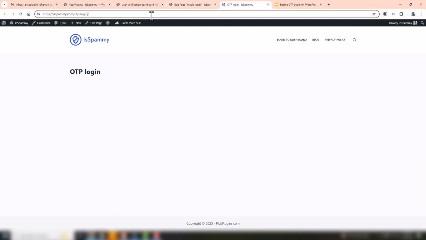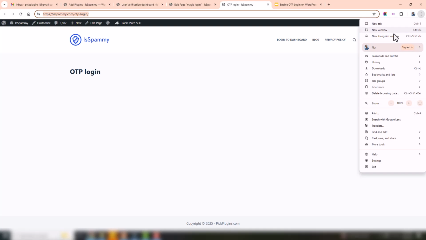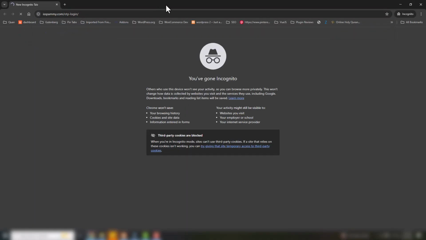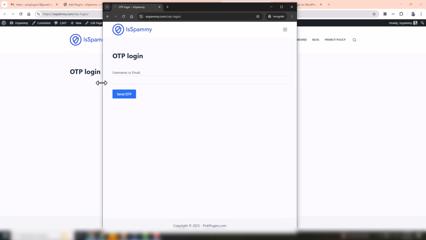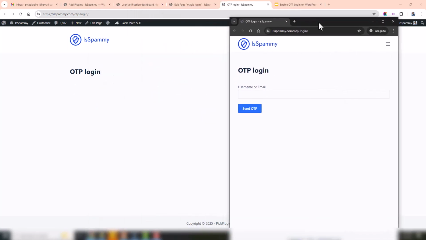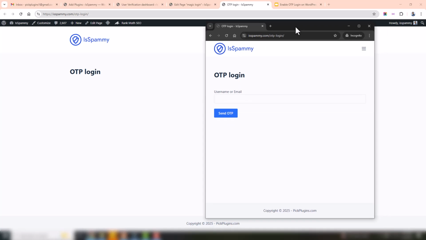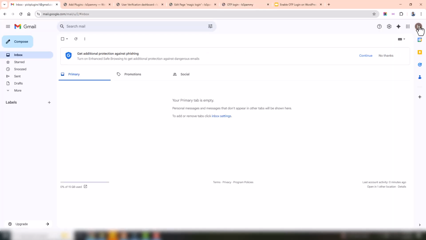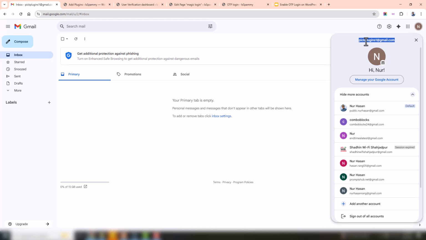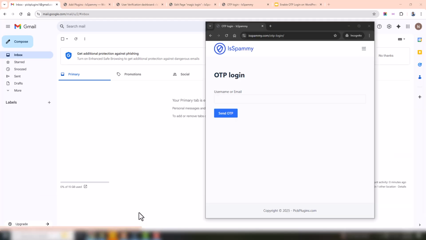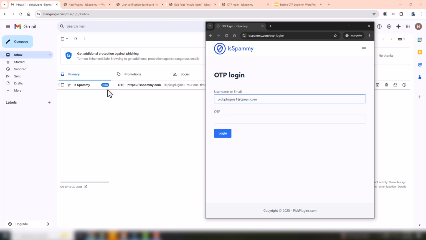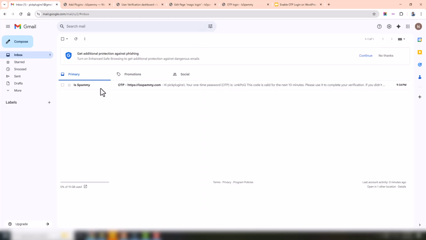So we need to open this page in an incognito tab, and you see the OTP login form. So let's try with an account. We have a user with this email. So let's try send OTP, and you see the OTP mail sent and the OTP field open, and we have received an email